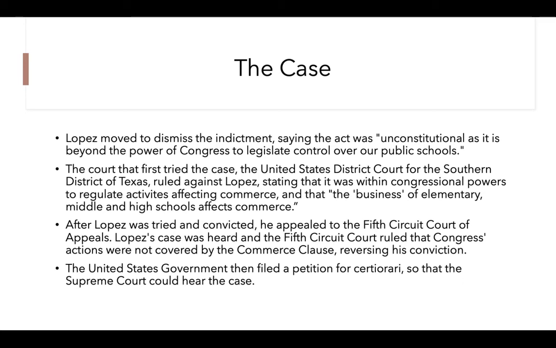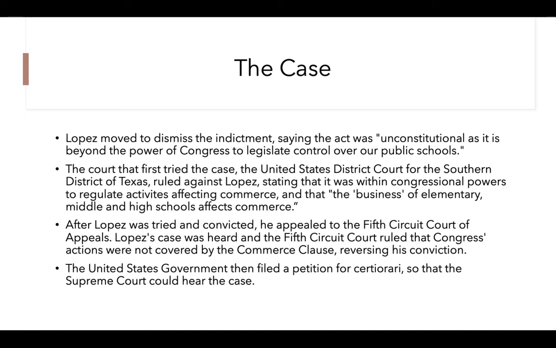Immediately thereafter, the U.S. federal government filed a petition of certiorari to take another look so that the Supreme Court could hear the case. In other words, the U.S. federal government lost the case. The U.S. government believed that Mr. Lopez is a danger to society and a danger to other students at the school. They immediately filed an appeal and appealed the decision to the Supreme Court,